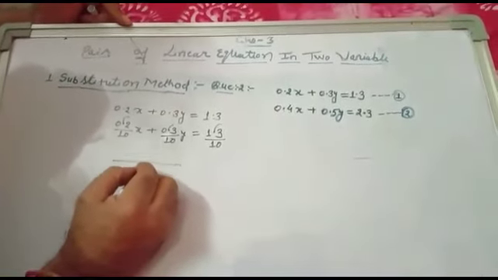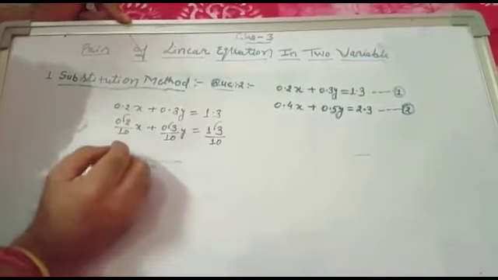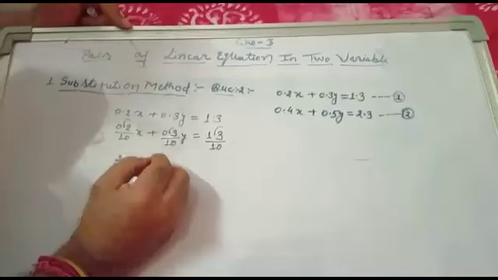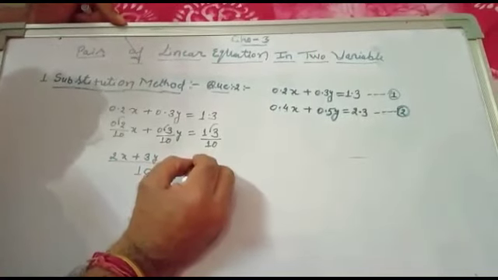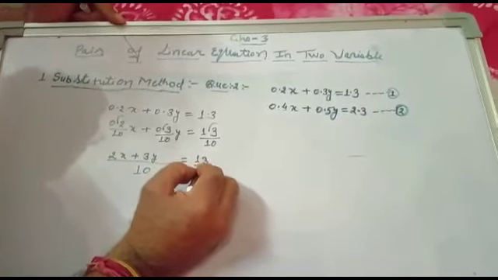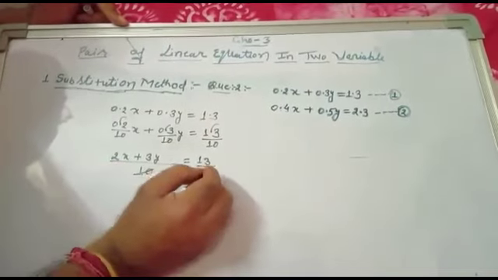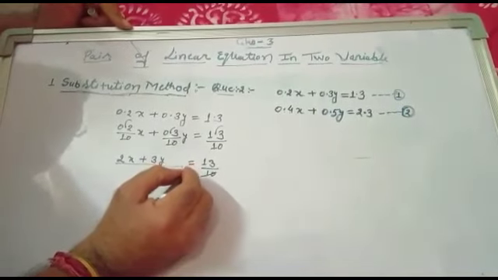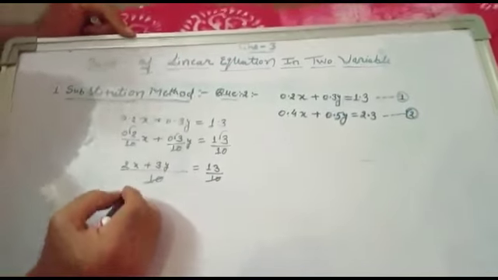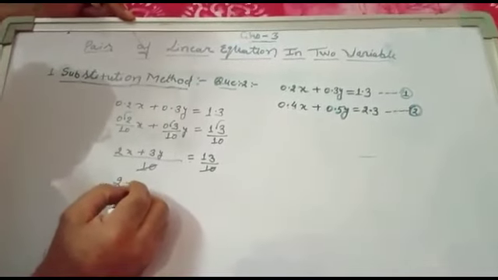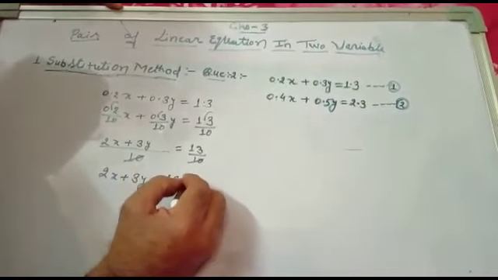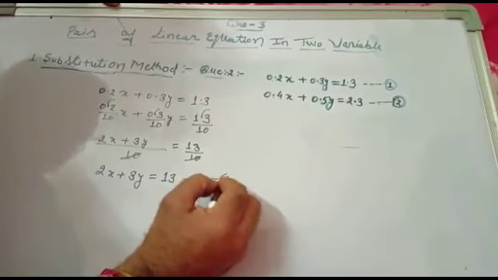Taking the LCM as 10, the equation is 2x plus 3y equals 13 upon 10. Then 10 is cancelled by 10, the sign is equal, and the equation becomes 2x plus 3y equals 13. This is the first equation. Similarly, the second equation is